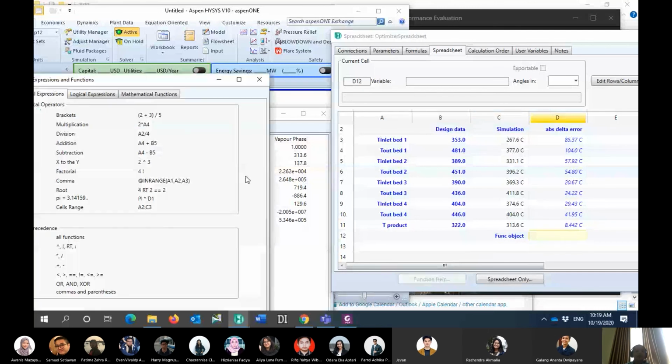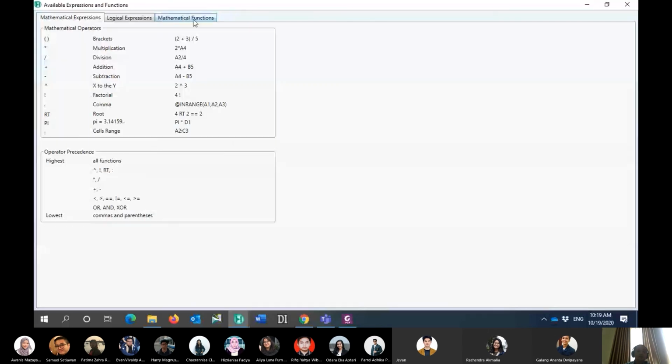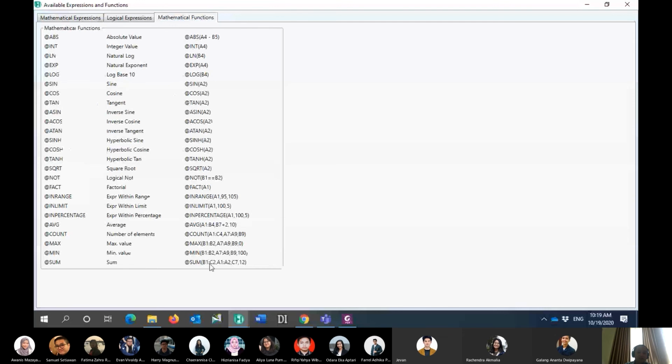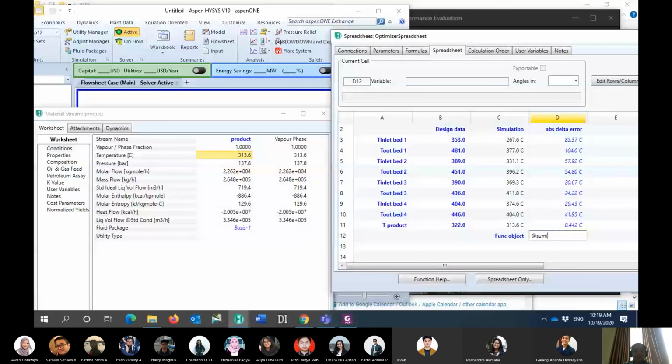So for the sum in HYSYS, I will use F sum between D3 until D11. Okay, this one is the objective value that I have.